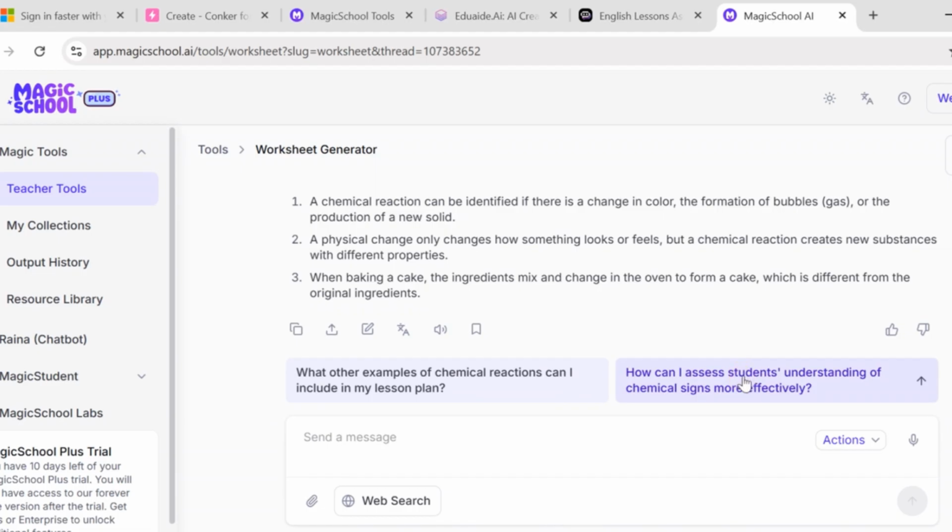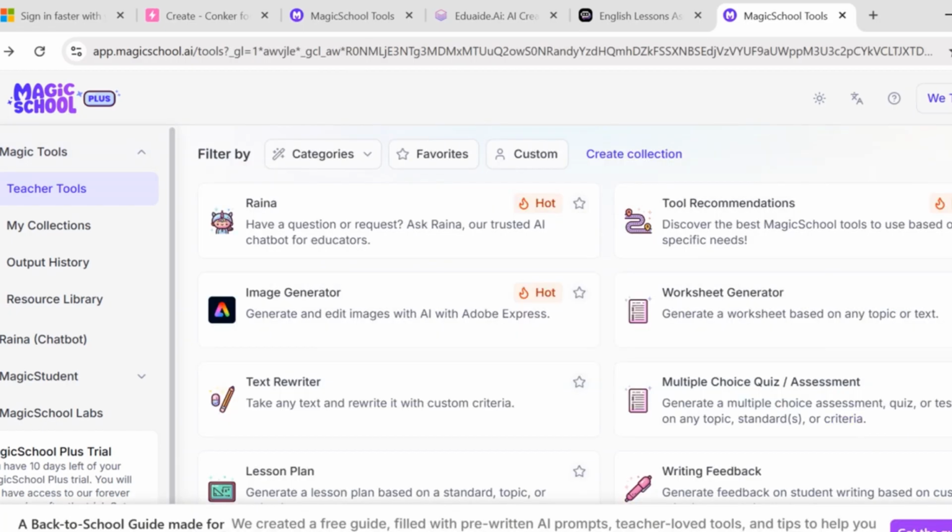And also you can ask it about the way you can assess your students' understanding of chemical science more effectively. That's one of the options. All of the options can be made use of if you want to try them, but certainly you have a certain objective in mind that you might try with MagicSchool to make sure that you're providing your students with the best education possible. You can also assign activities, interactive activities and features to make your lessons truly dynamic,